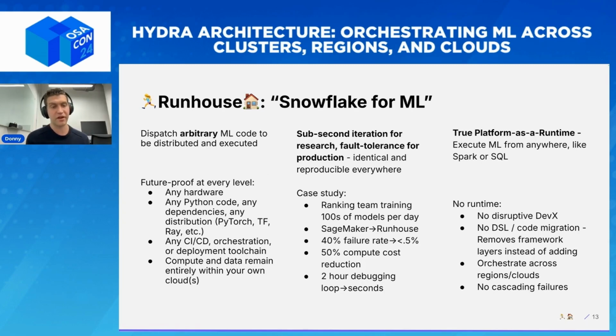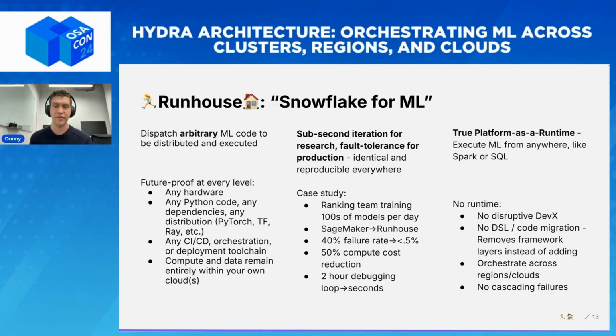They went from about a 40% failure rate to less than 0.5% using Runhouse, because the system gives them so much more control over how they interact with the remote compute in Python. And their compute costs went down dramatically. And they went from a 2-hour debugging loop, again, executing through deployment, to just seconds being able to rerun